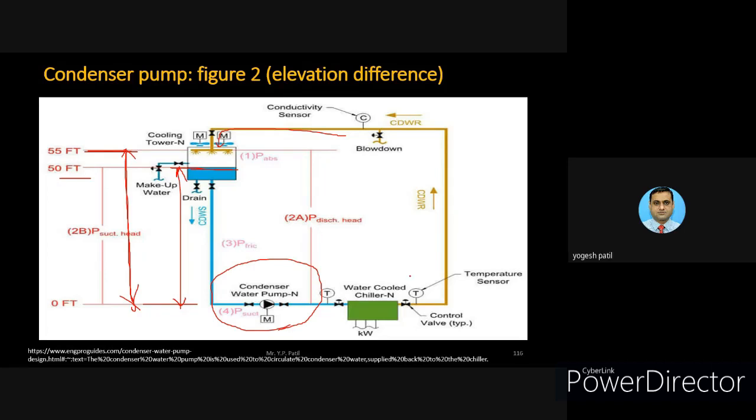So all these things are required to be considered from a design engineer's point of view to install the pumps, and how much the elevation should be, whether the chiller should be on the downside or on the upside of this particular cooling tower. All these things are very essential from the design point of view. So this will become clear once we go into more and more detail, and then it will be possible to understand all these things.